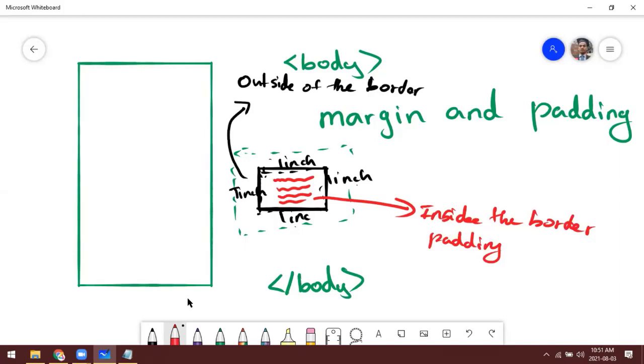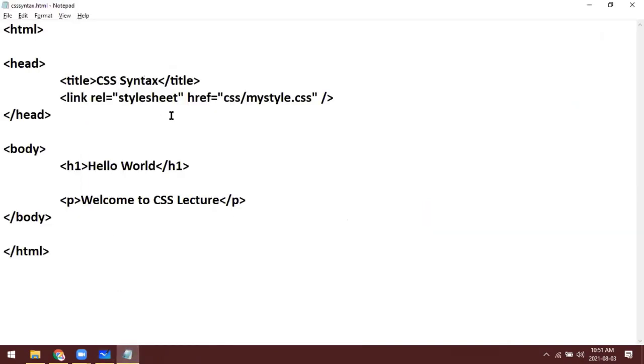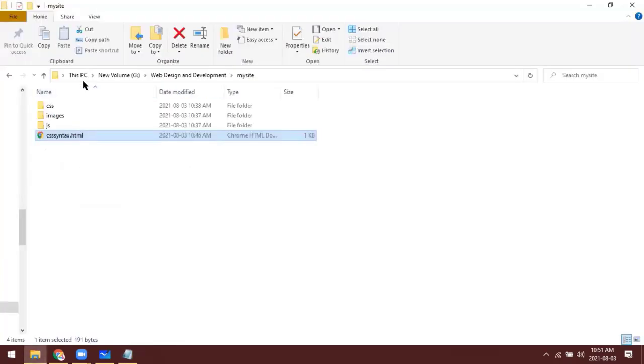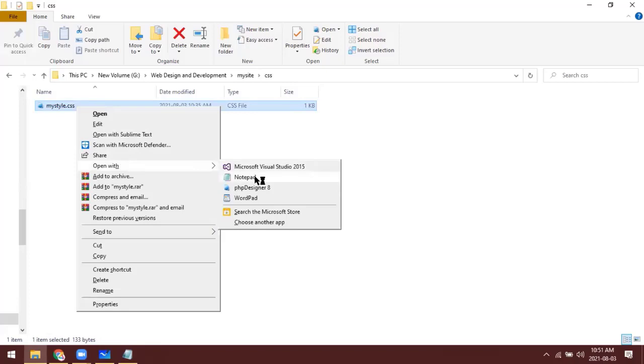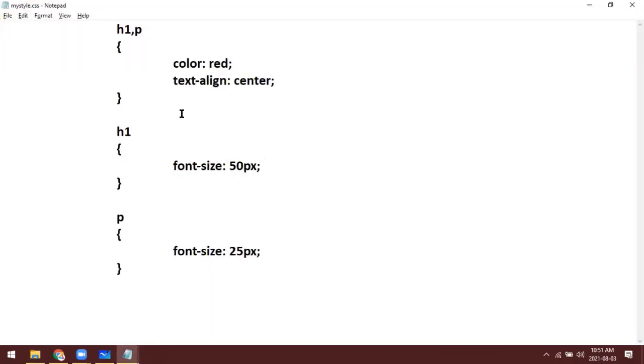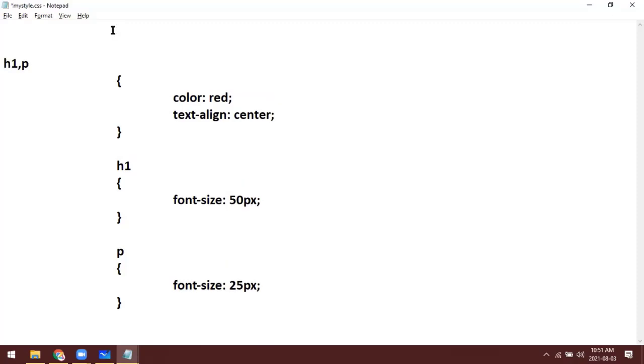Right. To show you the difference, let me make some changes to this style file. Now we have body, h1 tag, welcome and so on. So let me open up this style sheet. I'll use different colors so you can understand the distinction.